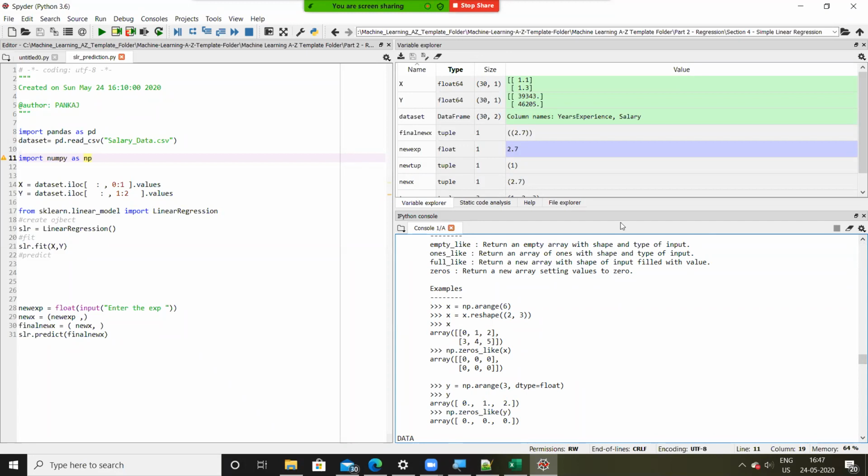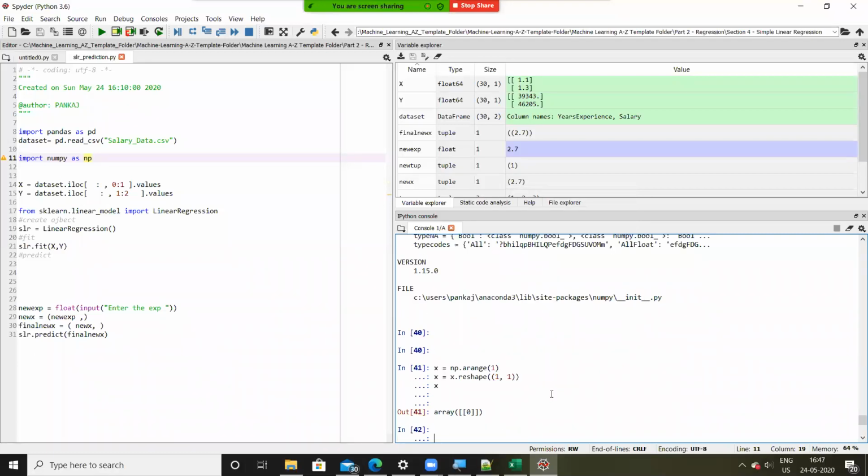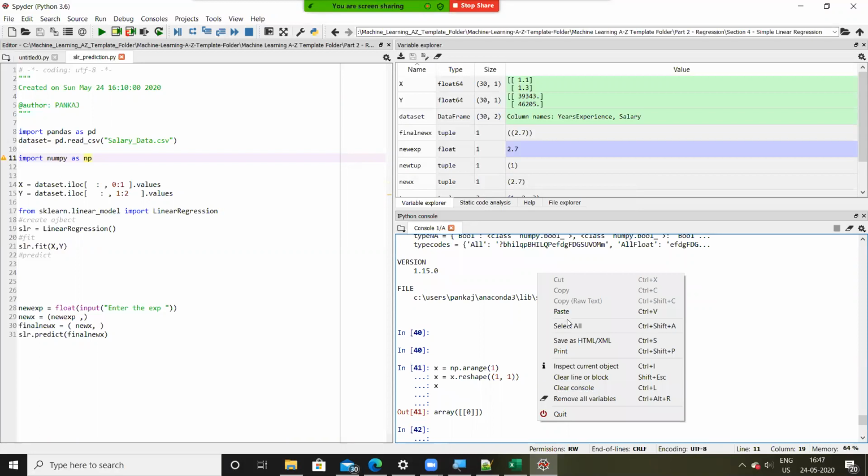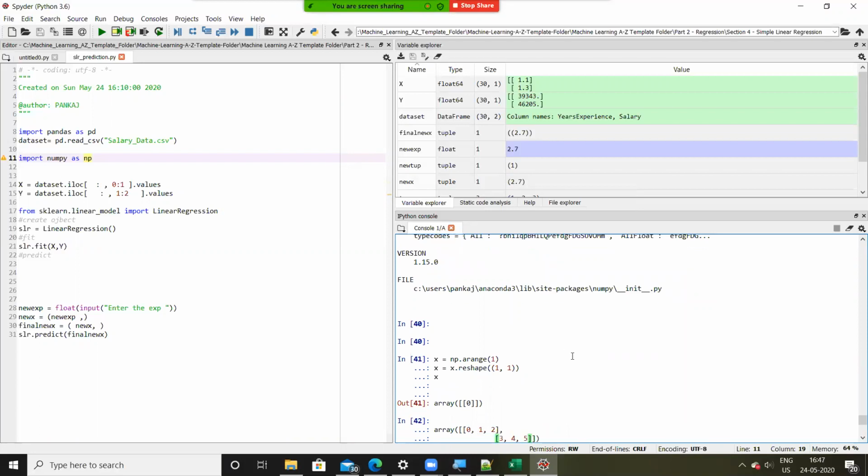So let me do this. I will directly copy this line, that is create an array. Paste. I'll get rid of these lines. See here, and I'll simply write here new exp.